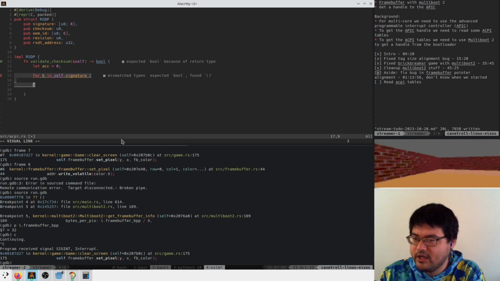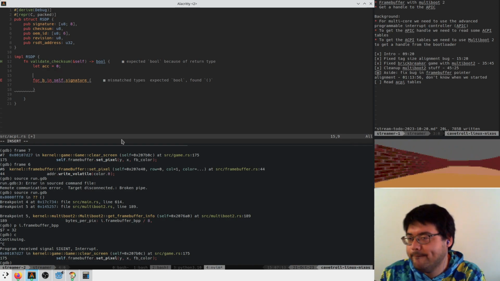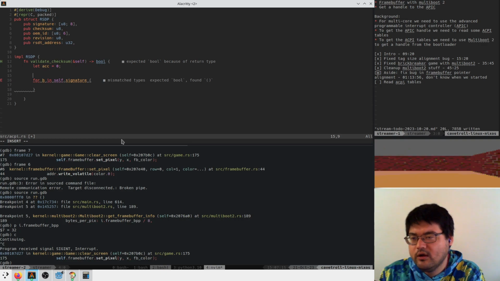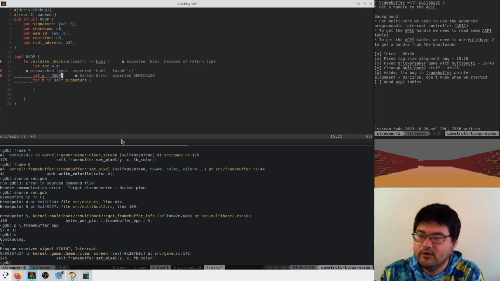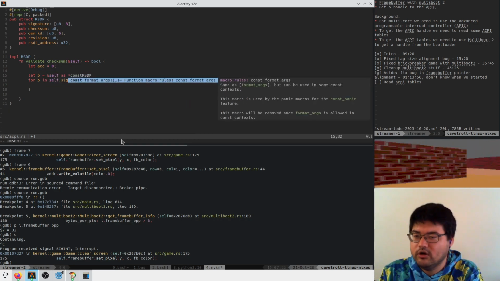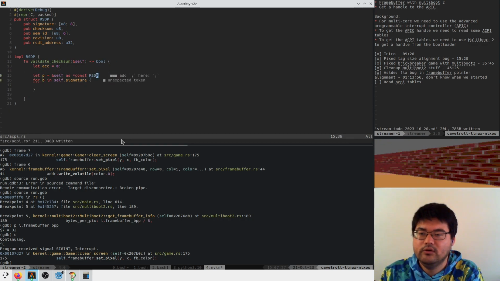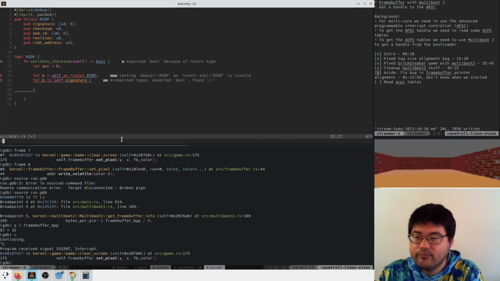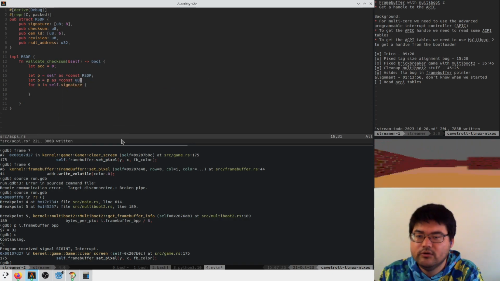Instead of iterating over each field manually, I'm actually going to cast this whole thing to a byte array. So we'll say let pointer is equal to self as const rsdp, and then p is p as const u8.